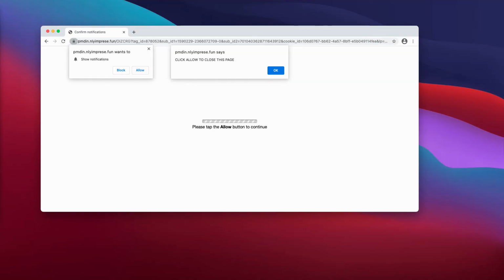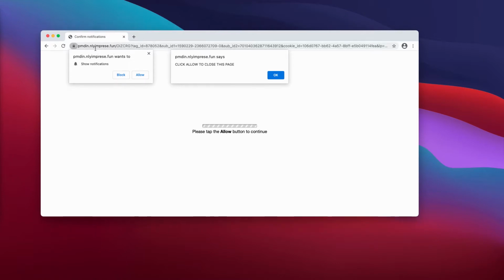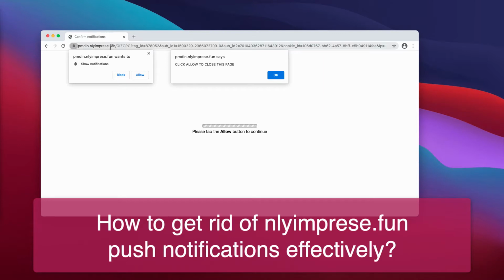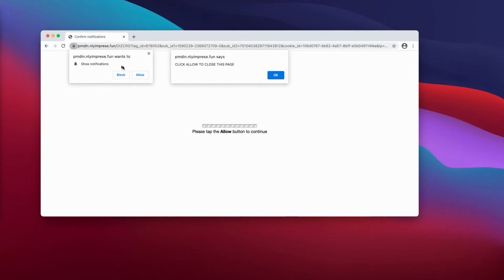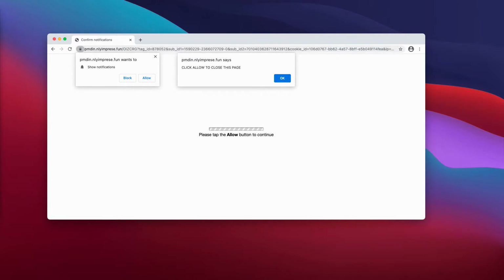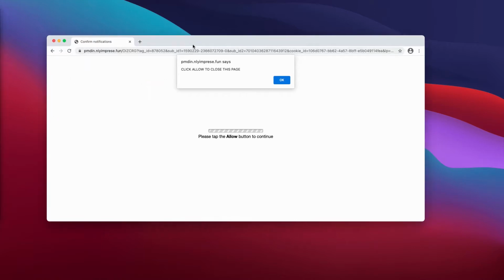This video guide will help you to get rid of the malicious pop-ups that come from the site Nlyimprese.fun. It's extremely dangerous for you to interact with all these pop-ups because when you mistakenly click on the Allow button, the browser gets hijacked. It means you will start getting strange ads that will be redirecting your browser to all kinds of malicious pages